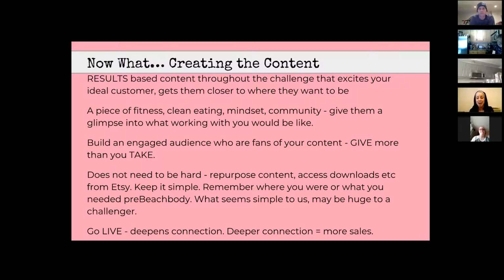I would have loved to take part in a free challenge where I was going to get a quick little workout at home, or a meal plan that inspired me to make different foods, or connect with other women who were just like me every single day and make new virtual friends. So you want to connect and create the challenge that you wish you had.